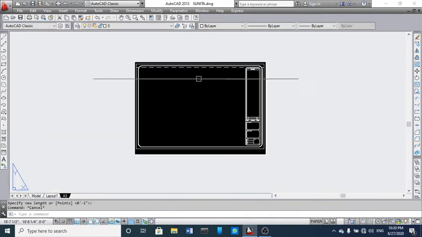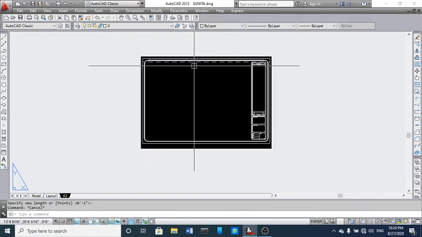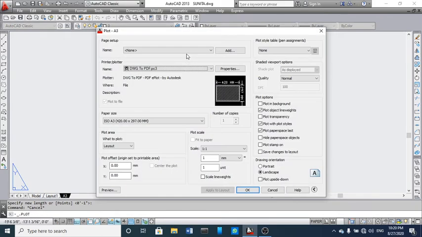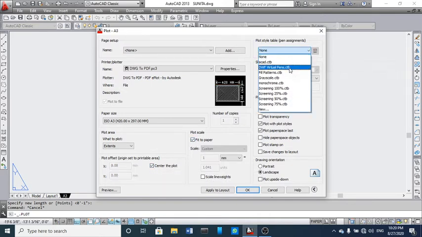So you can see this is complete in layout. So again I am going to plot. For plot, you don't have to do anything, just come to the layout section. Here you can choose extents, and here fit to page, center the plot, and the drawing type, color, whether you want to choose color.